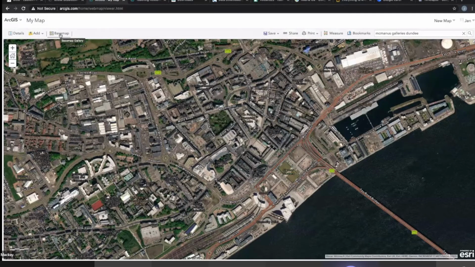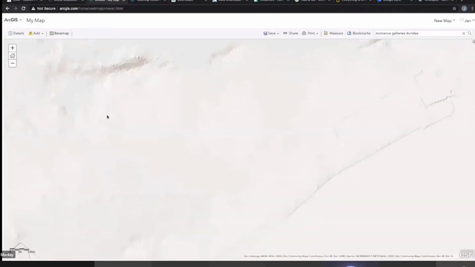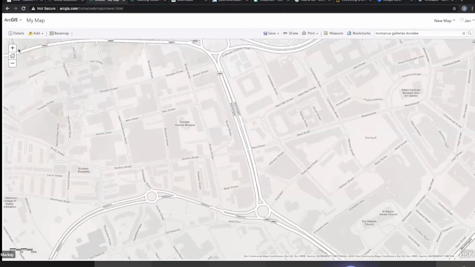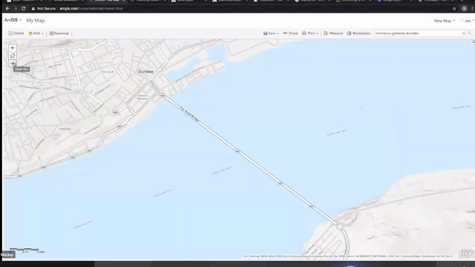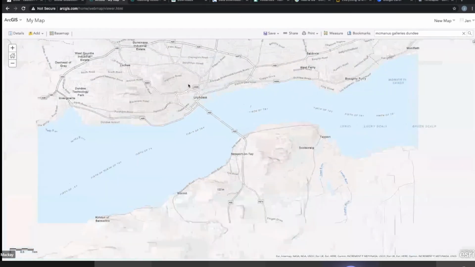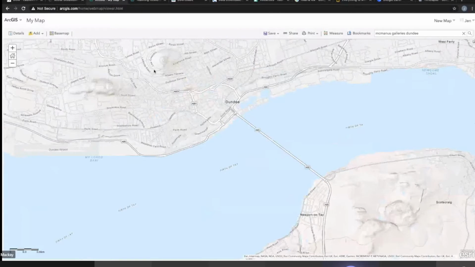If I was looking at experiences and outcomes and I wanted to look at changing landscapes or topographs, I can change all of that. So if I think about Dundee, it has two large areas that are higher than the rest of it, although it's all quite slopey, but we have an extinct volcano. So I can see that using this map really clearly. I can look at what is on there, and I'm not letting my learners see any of the usage of the land, but they can look at the map and they can explore really clearly what are the different types of terrain, what might they be used for, what could they have been used for, and we can do some